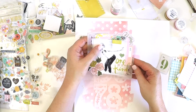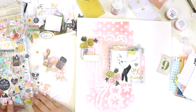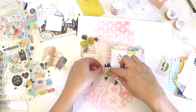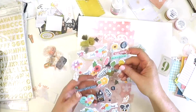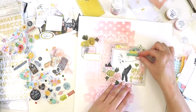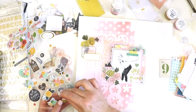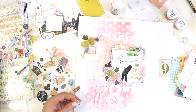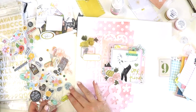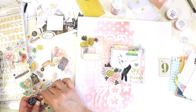So I have found myself being a little bit more liberal than I would normally be with my scrapbooking supplies, and adding little bits in that I would think, I better save that for another layout. So as you can see, puffy stickers here, throw another one on there, chuck another layer under there. I am just fully living in scrapbooking luxury at the moment with these gorgeous hip kits and the lovely effects